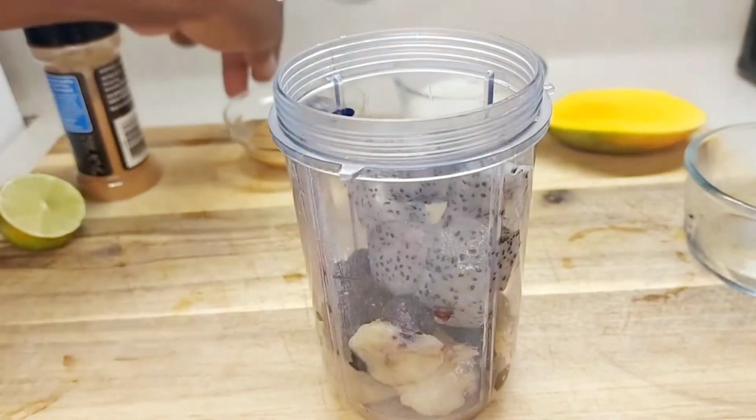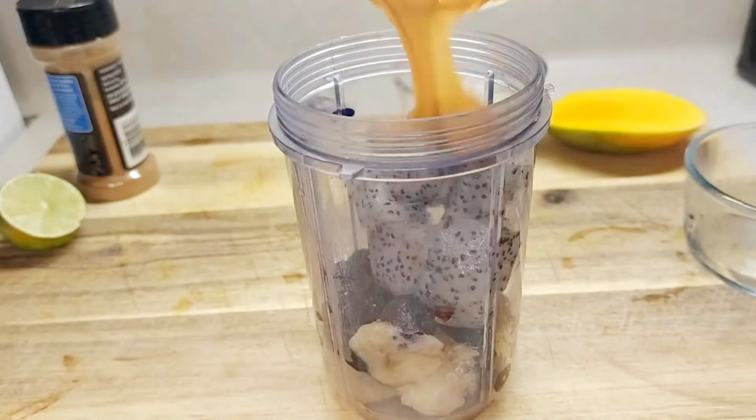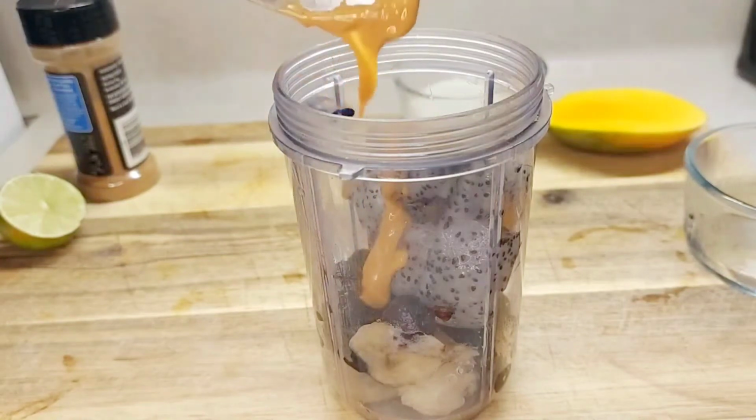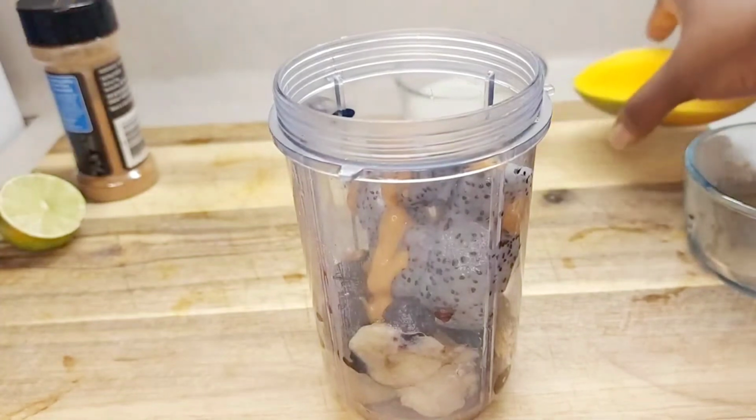And then we're going to be adding some peanut butter. This is all creamy natural peanut butter, organic as well. So this is a very healthy recipe. And then we're